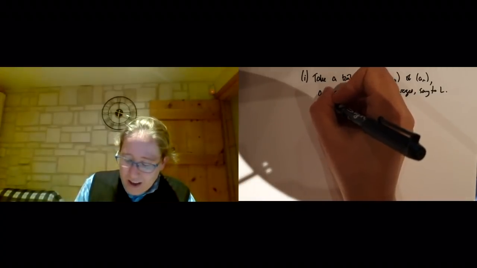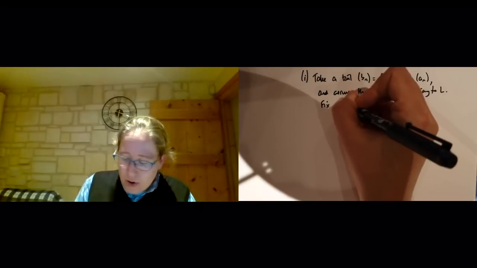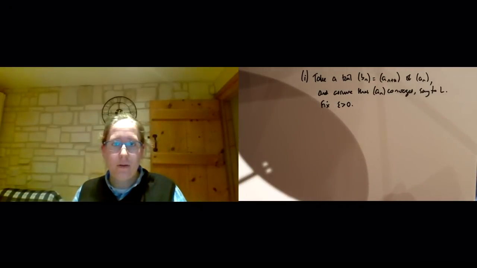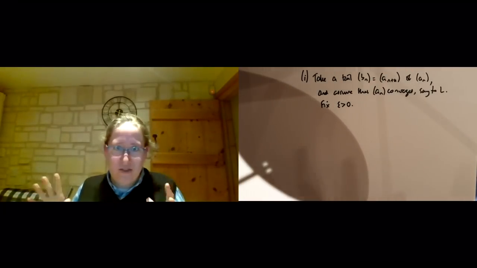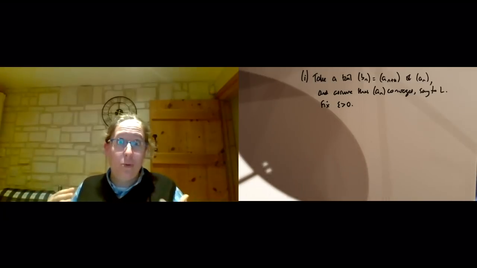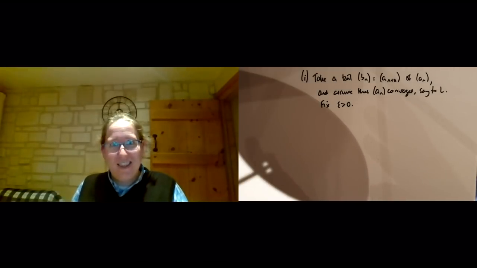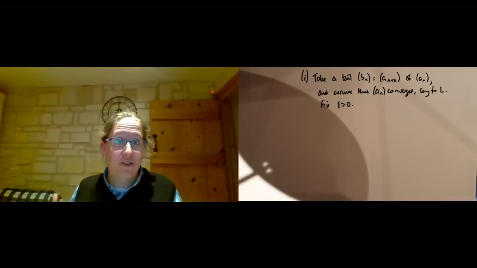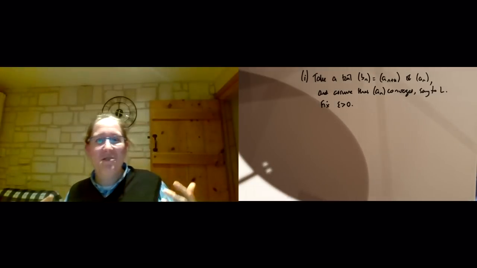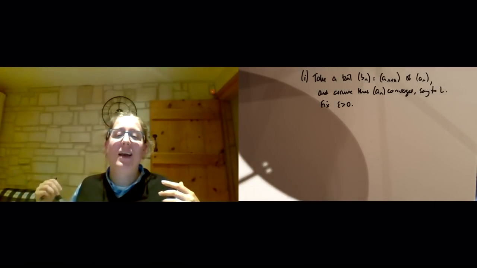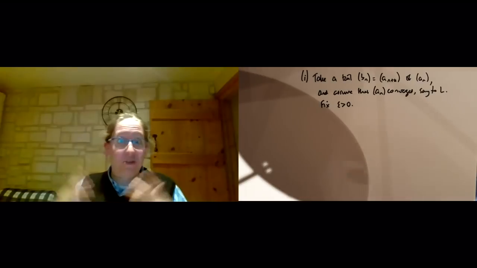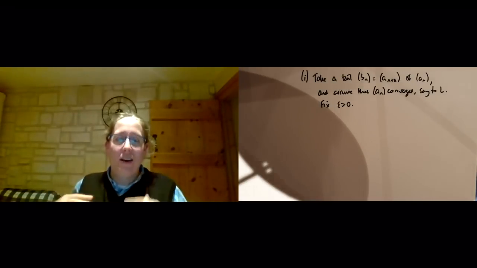So let's fix some positive epsilon. I'm not saying what it is, it's just a fixed value. And what we want to do is work with that one, show that for this one there is a capital N. And because this was arbitrary, that means that we'll have proved the result for all positive epsilon. Why am I stressing that? Because we are going to prove many results of the form for all epsilon greater than 0, such and such is true. And a go-to strategy would be the first line is let's just fix a value and then work with that.